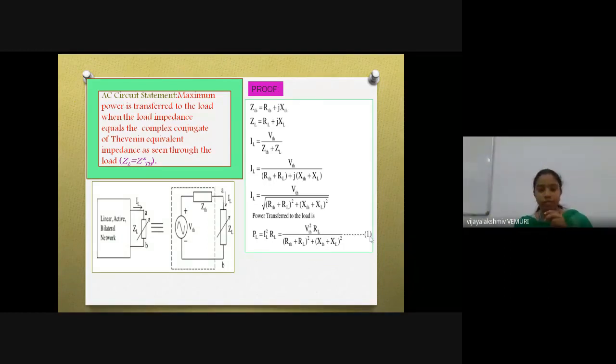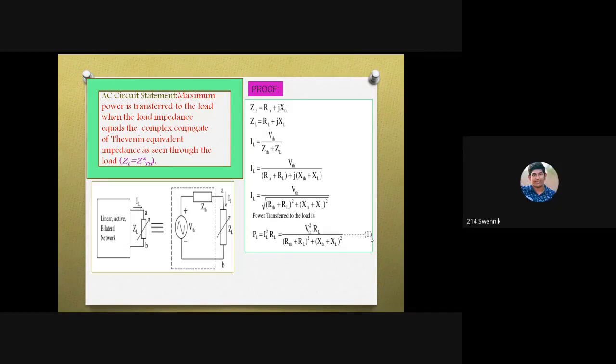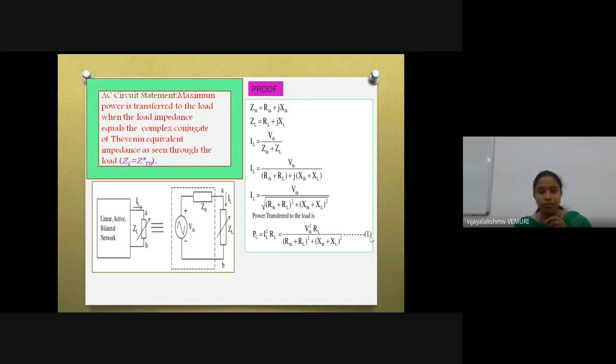Are you ready with your books and pens? Yes, ma'am. Okay, make it fast. One minute time to note down these equations. After that, let me know. After differentiating this power with the same U by V formula with respect to XL, you should get the same answer as I have written on my screen. Make it fast.